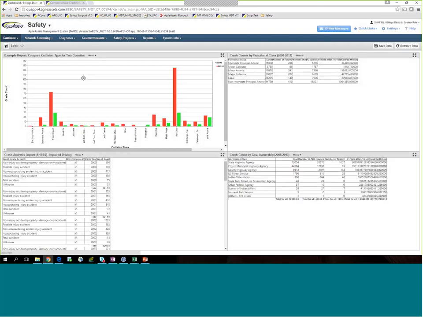So once you log into the system, the first thing you will notice is that there is a dashboard in our system. I logged into the safety module, and in this dashboard you can put different types of reports. The reports that you'll be using on a day-to-day basis will be in the dashboard. And now let's talk about the